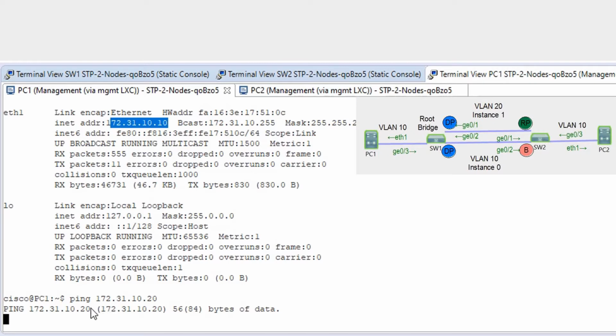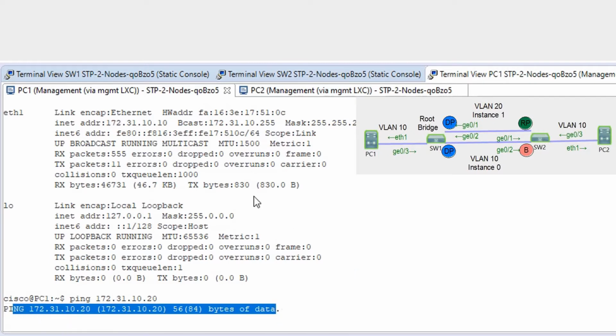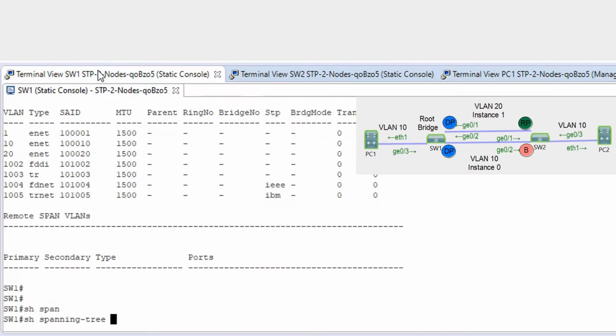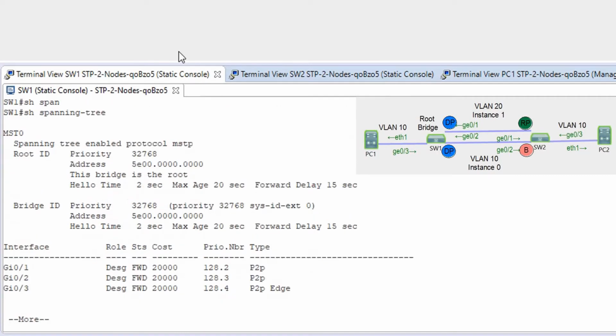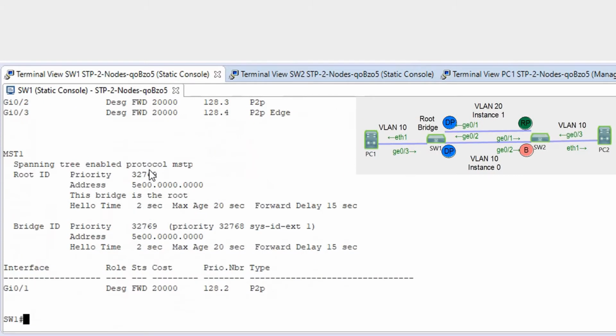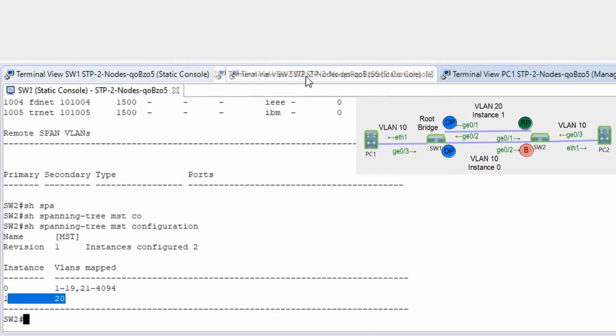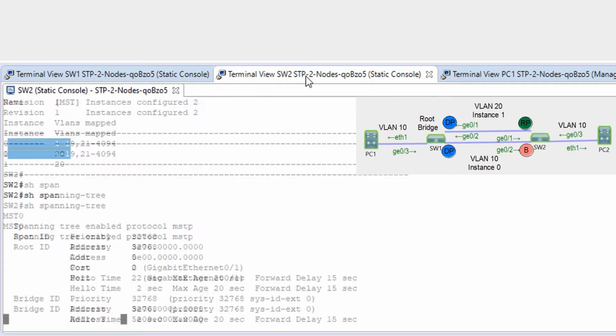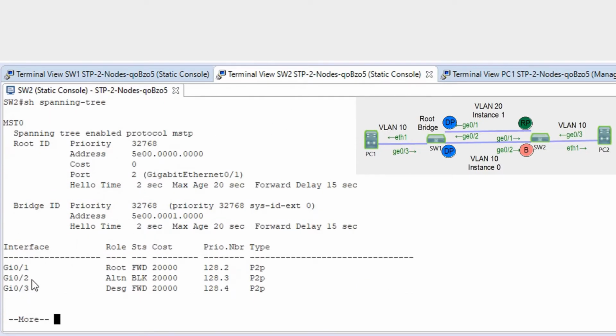And there is no ping because we don't have connectivity. This is our misconfiguration. So if we go to switch 1, spanning tree, we can see that all ports are designated for all MSTs, but we're gonna have blocking ports here. So G02 is in blocking,